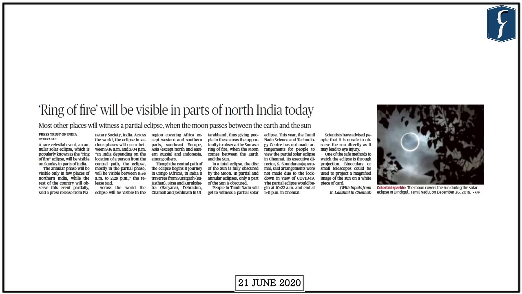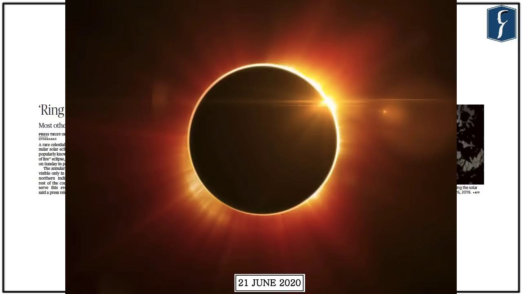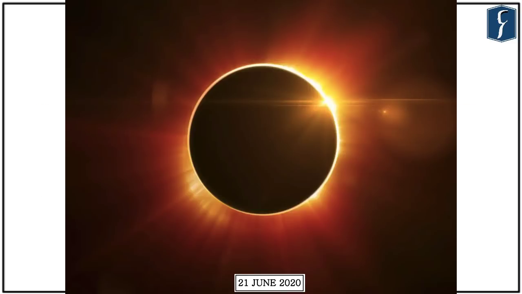Now this article, Ring of Fire will be visible in parts of North India today, appears on the last page of the newspaper, which talks about a very rare celestial event, an annular solar eclipse, which is popularly known as Ring of Fire eclipse, which will be visible, and it was visible in India. Now, understanding the mechanism behind the creation of solar eclipse is extremely important from the perspective of prelims examination, because